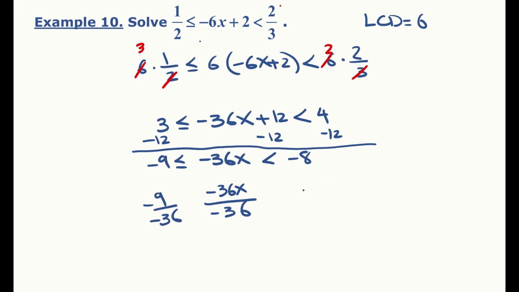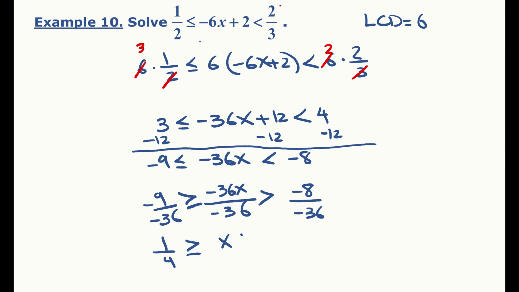With inequalities, the very instant that you divide or multiply all sides by a negative number, you need to switch the directions. Notice both of those directions are going to switch. So now this, of course, is just 1/4, and positive 1/4 that is,